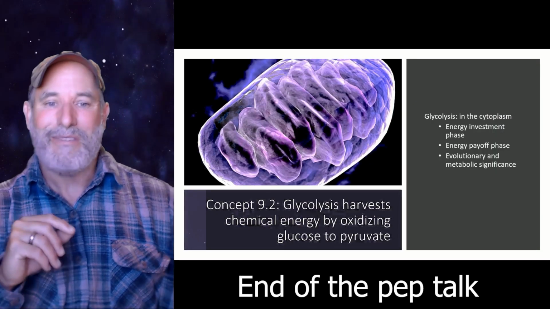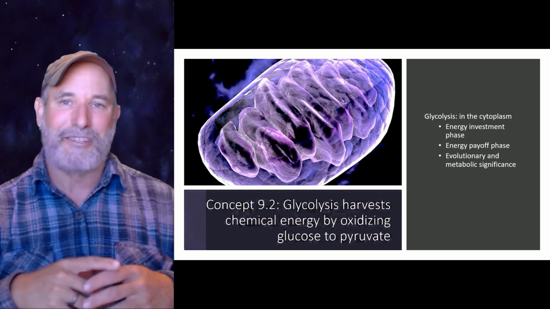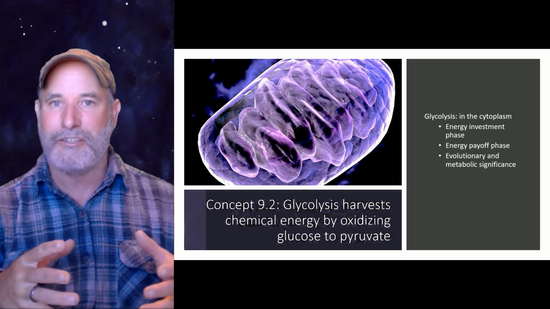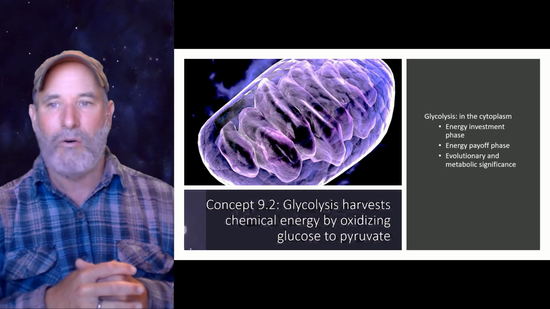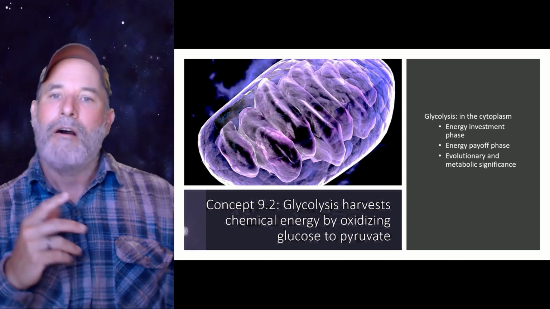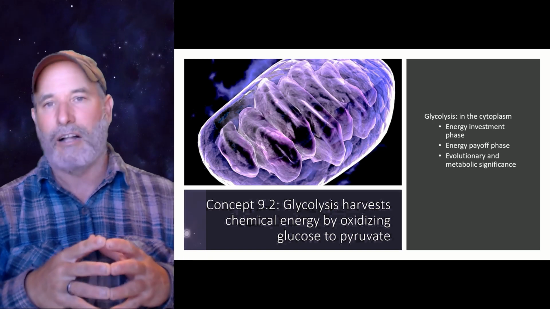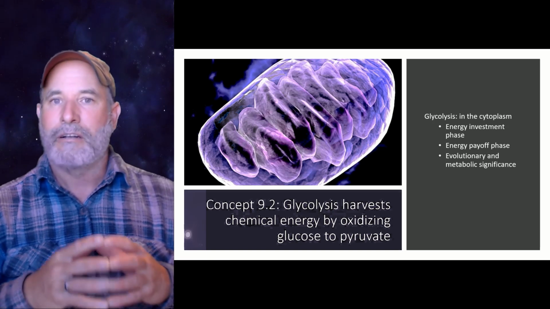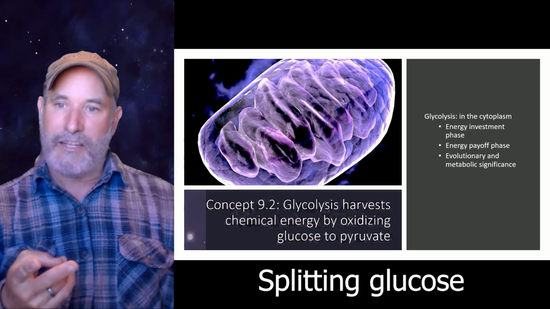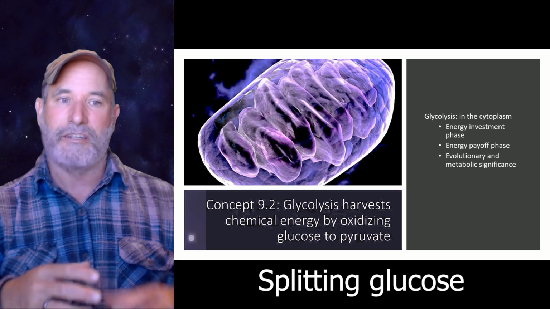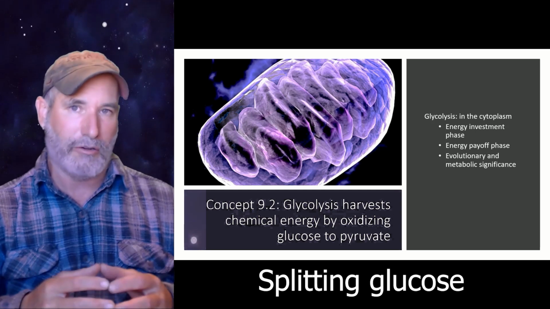Let's go. All right. Glycolysis. Oh yeah, concepts 9.2 and all this. This is just because I'm following the textbook to help my students know what sections to read. I'll probably have to redo this video when they come out with a new edition of the textbook. But here we go. Step 1 of cellular respiration is glycolysis. Now, importantly, glycolysis. Glyco has to do with glucose. Lyse means to split apart. So glycolysis, the name of it is telling you something. We are going to split apart glucose, okay?